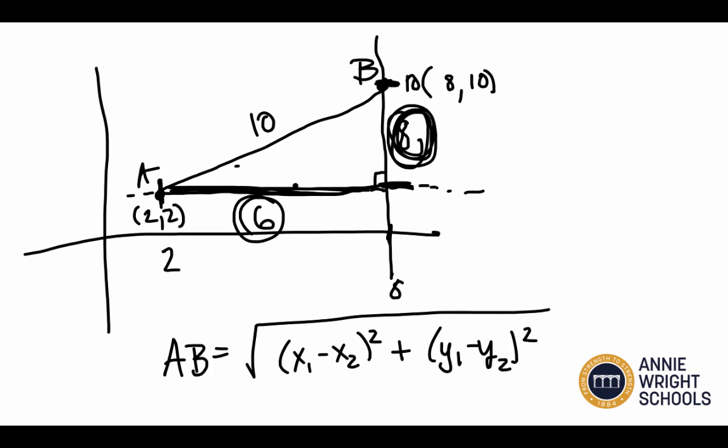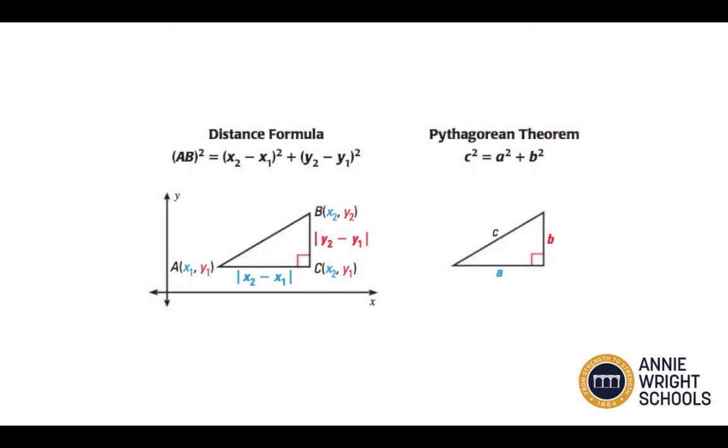Take a look at the following picture. Do you see that same idea of the Pythagorean theorem here? That this distance is always going to be the side of a triangle, and this distance is always going to be the other side of a right triangle. And now we have the hypotenuse squared equals this plus this. So the distance formula in your reading just has AB solved by taking the square root of all of this mess.